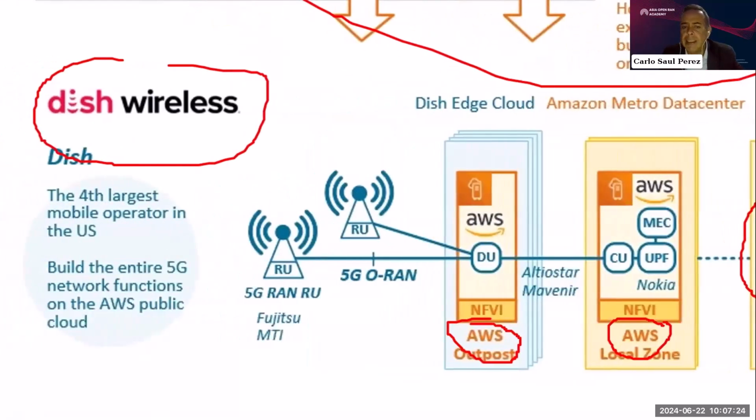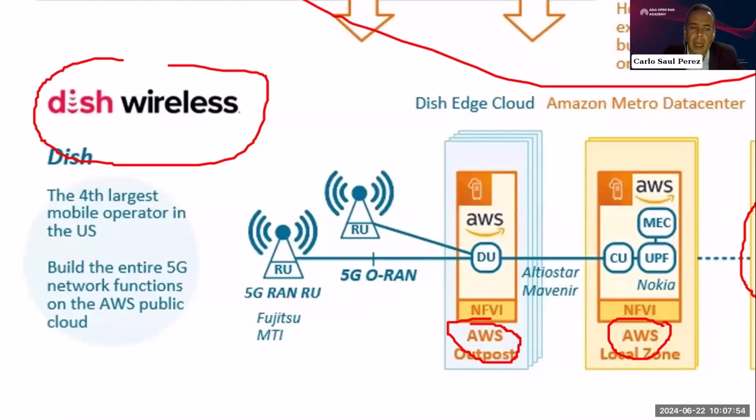And so here, let's say this product is AWS output, sorry, by using the Altostar and Maven agreement. So they have this deal deployed in AWS, that is essentially a server located here. And so they have this 5G Open RAN here and 5G, let's say traditional RAN here to have all of this.